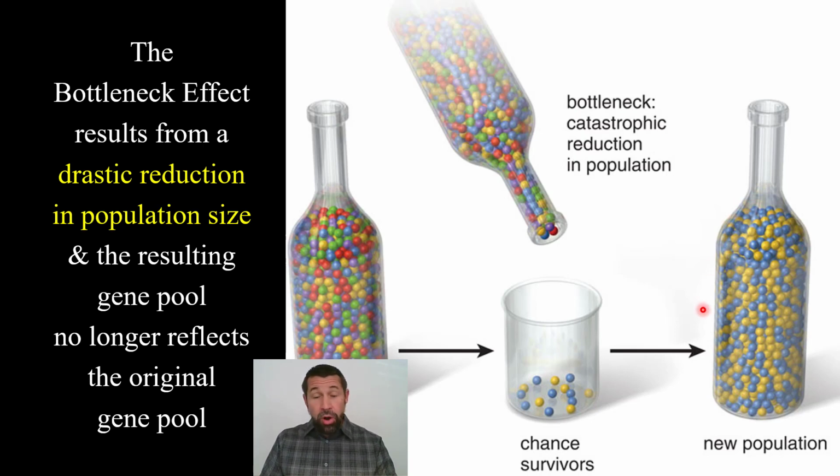It may grow large again in population size, but the genetic diversity, the diversity of different alleles is now greatly reduced. And genetic diversity is going to remain low, increasing only when gene flow from another population occurs,